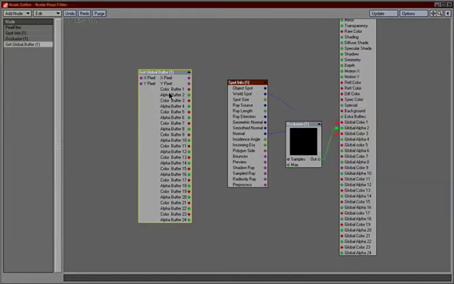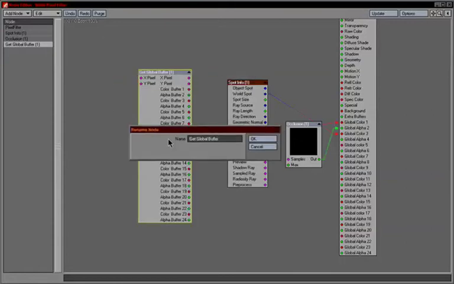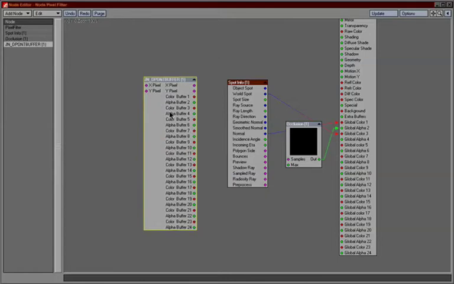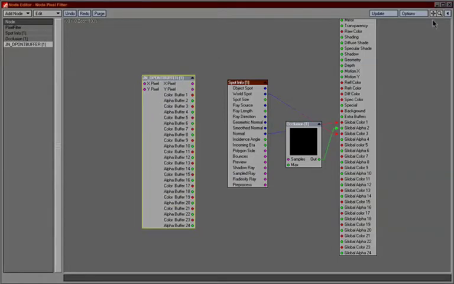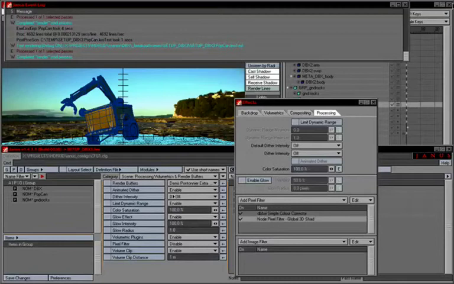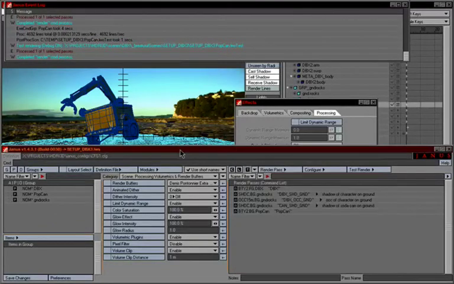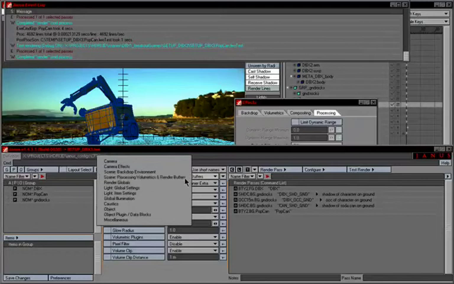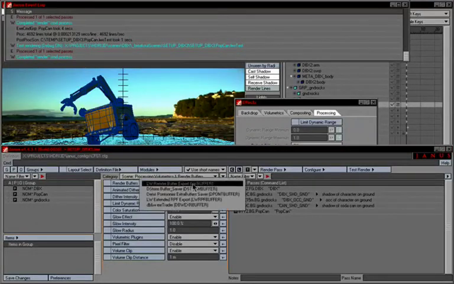But before you can do that, we must rename this to something that Janus can understand, because Janus will not assume that you're using this in its own context. So you rename the node as JN DP buffer, and Janus will know to pick this up and control it. So I'm going to close that, and back in Janus I need to set it up. So in render buffers, under the scene processing volumetrics and render buffers, I select Dennis Pontonier's extra buffer saver or DP buffer,